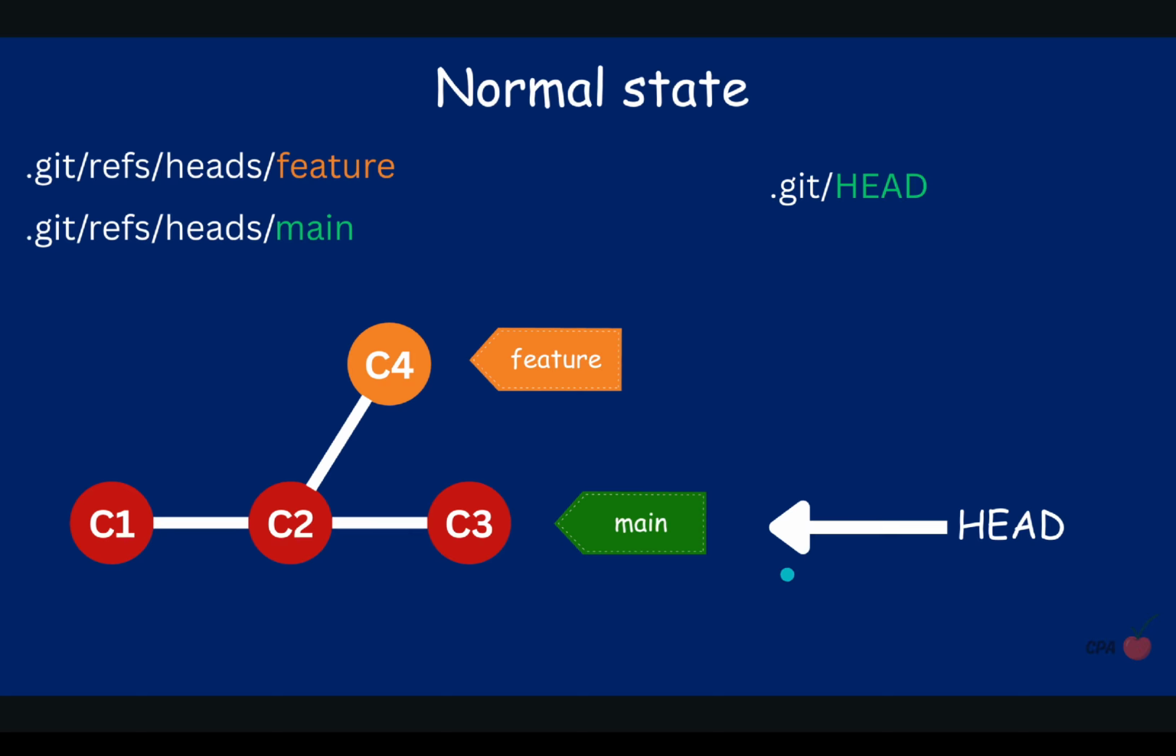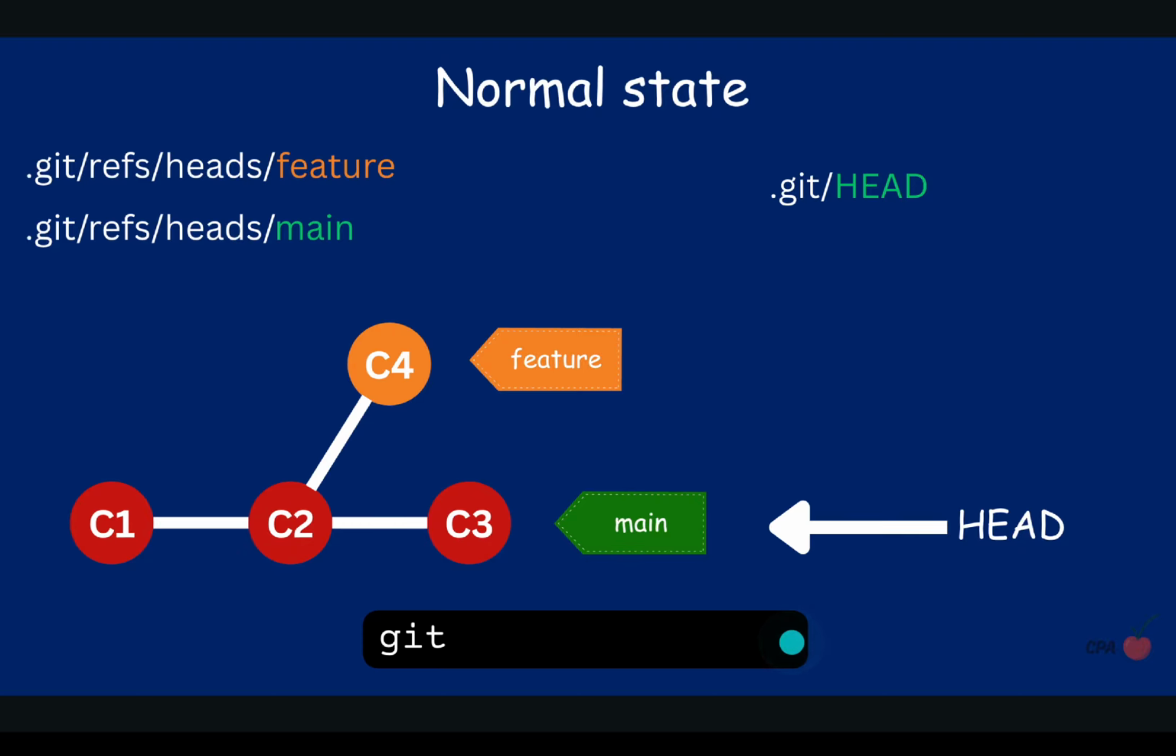Now, how do we know which branch we are currently on? And this is where the head file comes into play. So head is also a kind of a pointer which points to the current branch. Right now head is pointing at the main, which means that if we open up this file, .git/head, we will see this full path .git/refs/heads/main. So basically the head file contains the branch path, and the branch contains the hash of the commit that it's